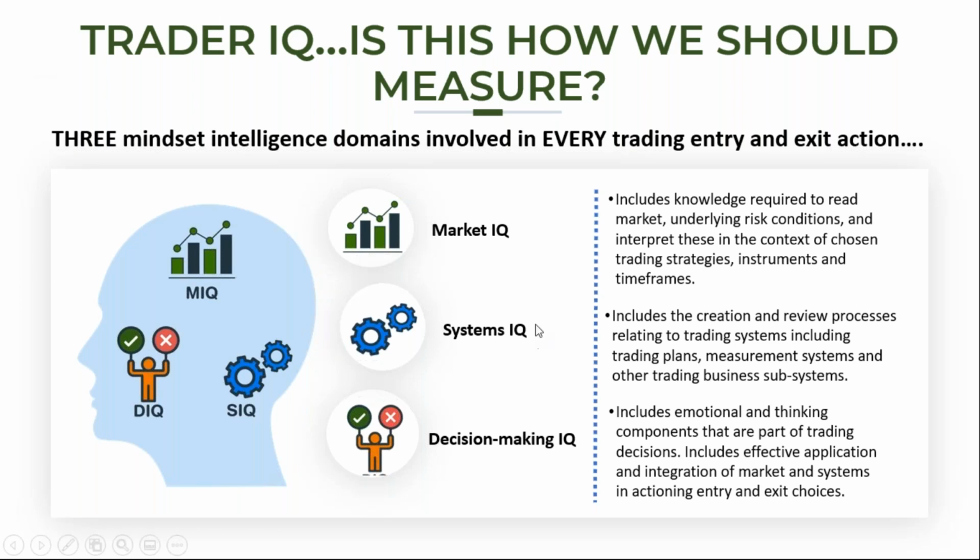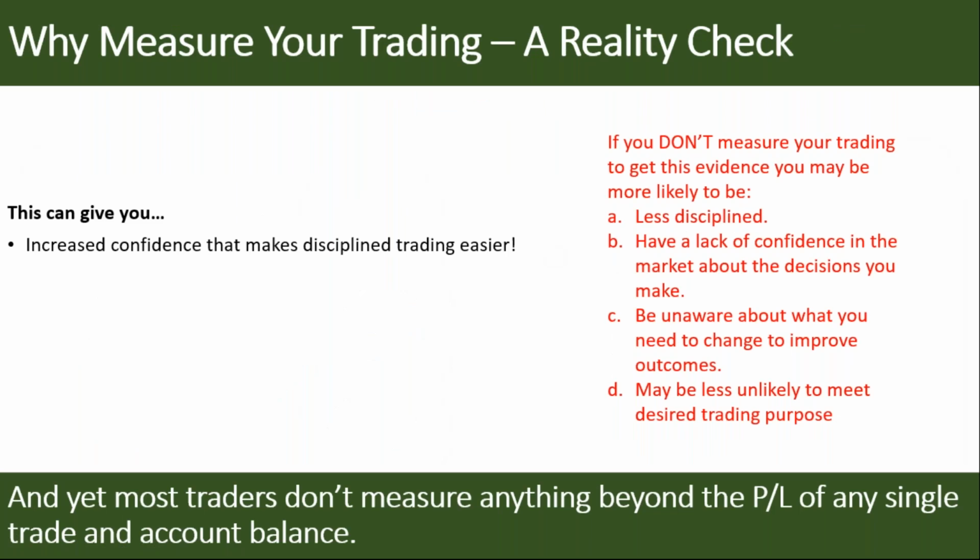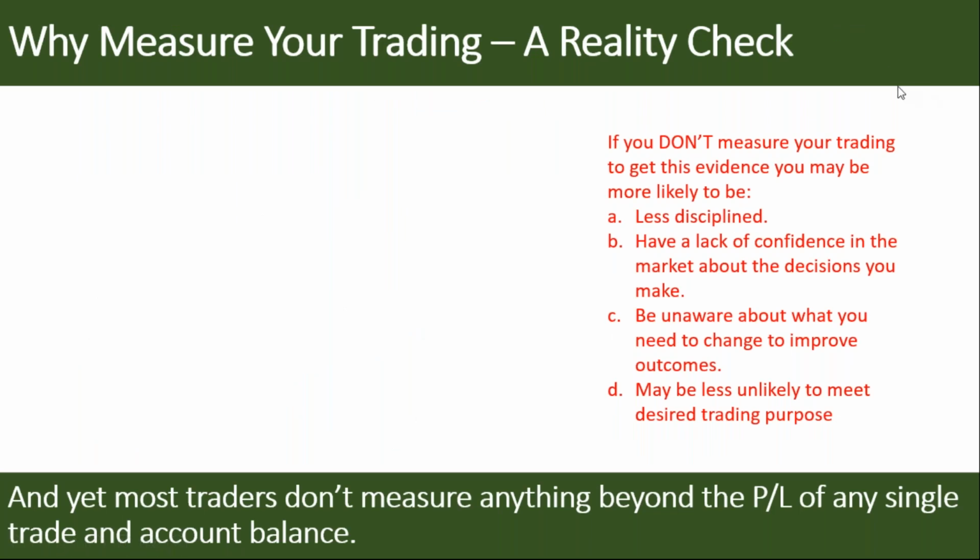So hence, therefore, if this is the framework, and this is why I'm starting here, if this is how results occur, then really logically we should be measuring things at all of these levels. If you don't measure, let's start with that. So if you choose to rock up to this session and don't do anything about it, hi Shane, then the reality is